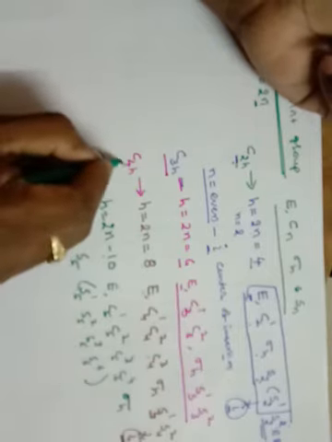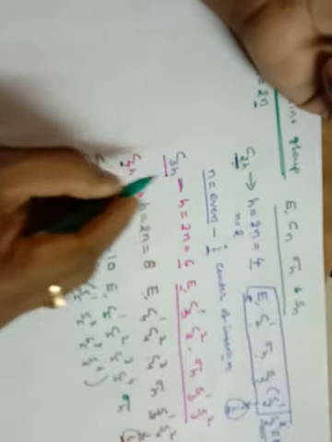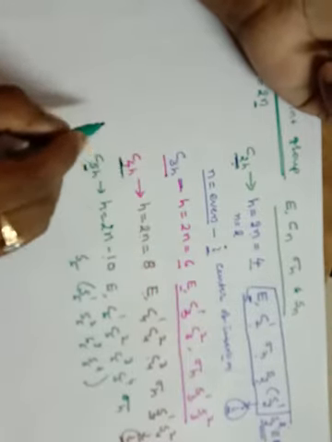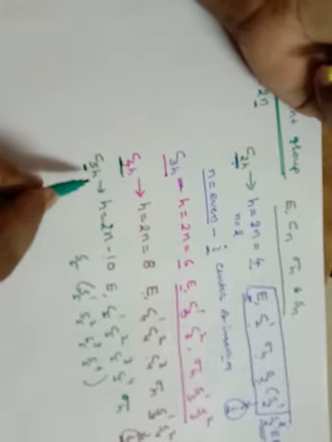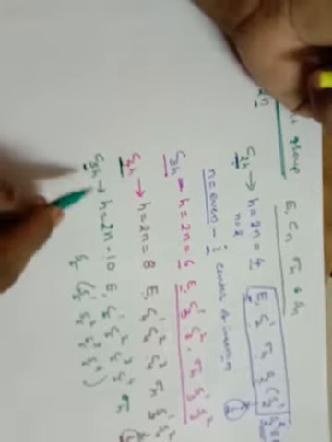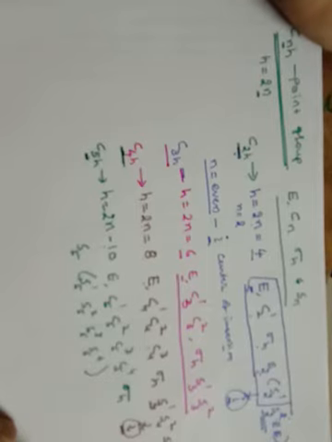Whereas in C4H, the value of n is even, therefore it will have the center of inversion. Therefore in C2H and C4H, the molecules will have the center of inversion, whereas in C3H and C5H, the molecule does not have the center of inversion. So this is regarding the CnH point group. Now let us take a few examples and discuss how these symmetry elements are present in them, that is C2H, C3H, C4H and C5H molecules.